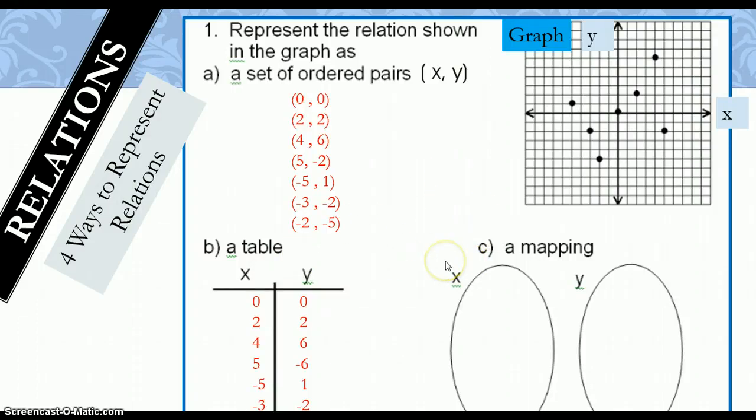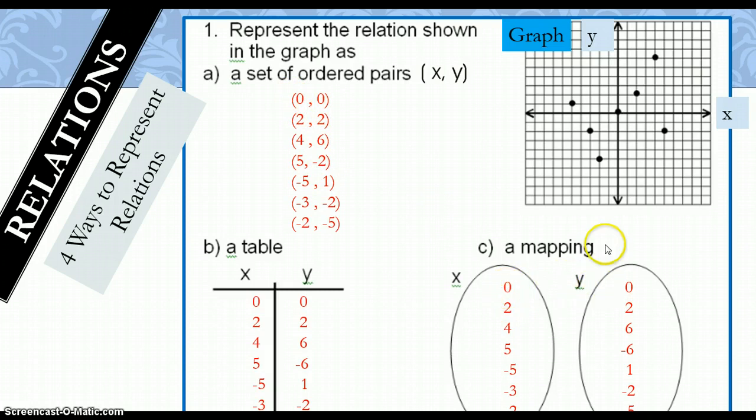If I want to represent this relation in terms of a mapping, I would do the same thing again. I would write all of my x values on the x oval and all of my y values on the second oval. That would look something like this. Now here I chose to keep the same order, but I didn't have to follow any order in copying down the x and the y values,